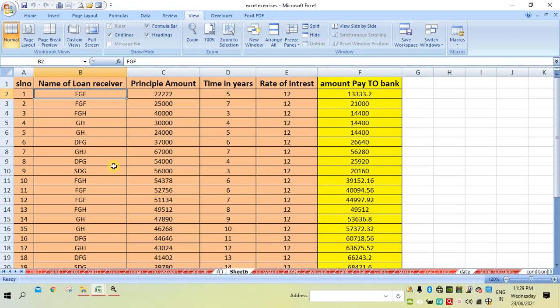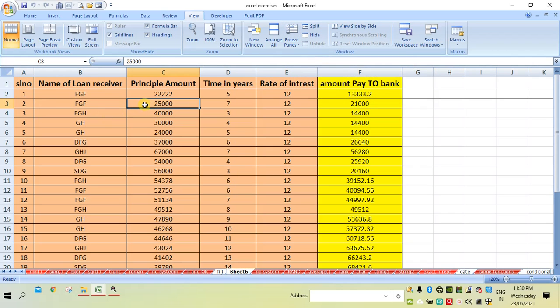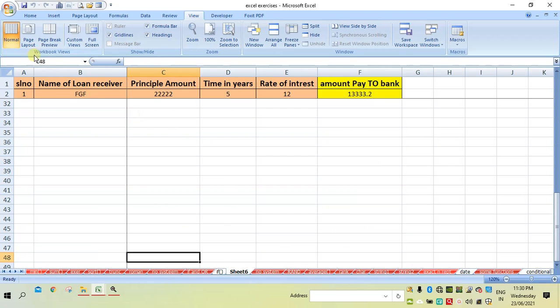Now what I will do is keep my cursor over here, then click on the freeze option. So now what happened? Above this line, the top 2 rows will be frozen and these 2 columns will be frozen. For example, if I scroll down, these 2 rows will always be visible.